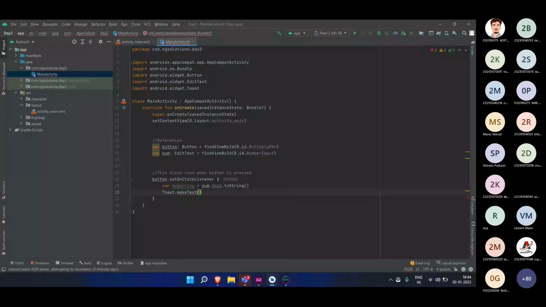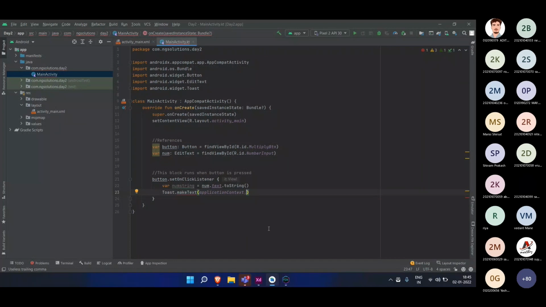Just write application context, and remember the C is capital. So this is a built-in variable, application in small letters, context where the C is capital. Remember this. This is built in to provide your current location in the app.